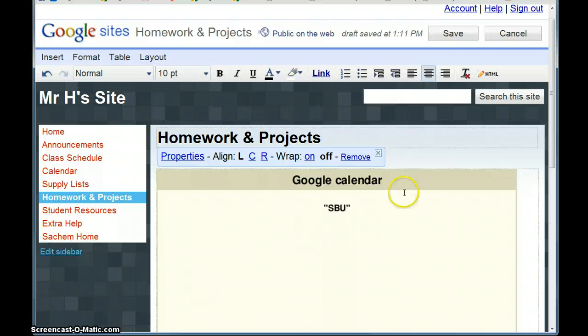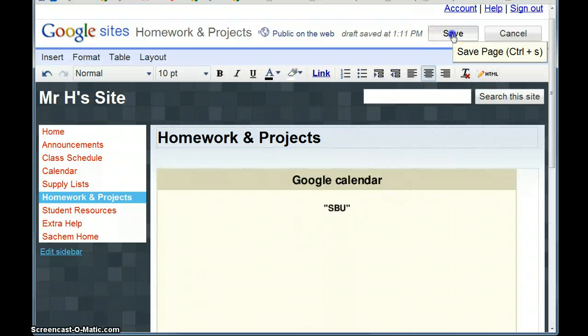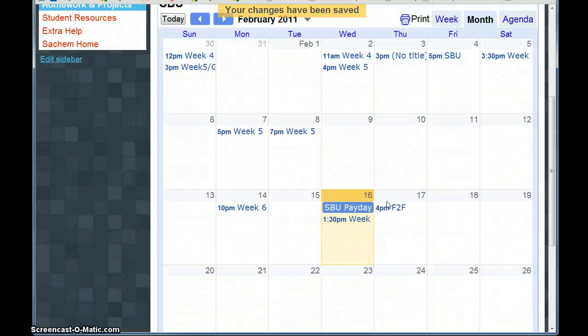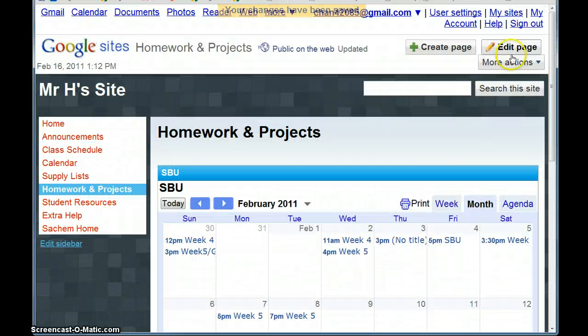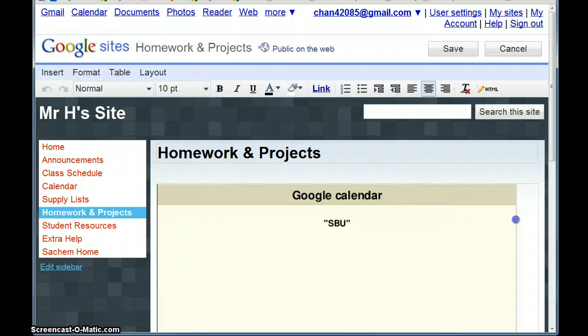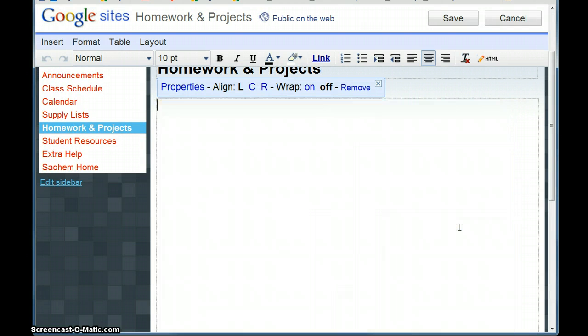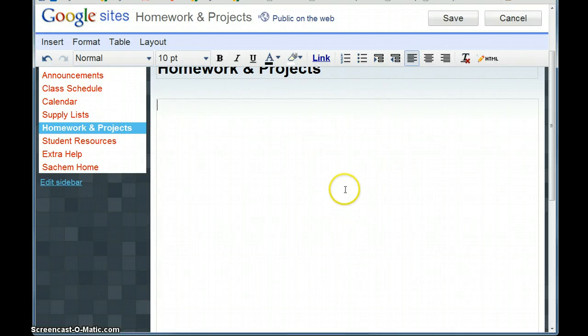I'm going to hit that, and I hit save up at the top, it will actually show all the events on my calendar. So if you wanted to go ahead, I'm just going to go back to edit. If you wanted to go ahead and put all your events, like your tests, your homework, your quizzes, when projects are due, you could go ahead and do that and share that with your students. They wouldn't see your personal calendar, providing that you put everything in Google Calendar in that proper category that you're